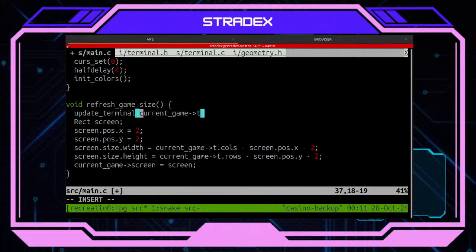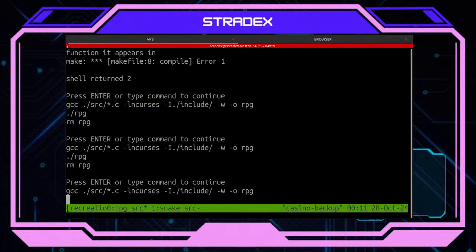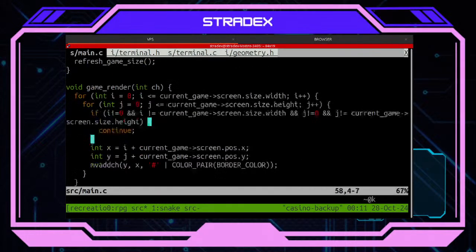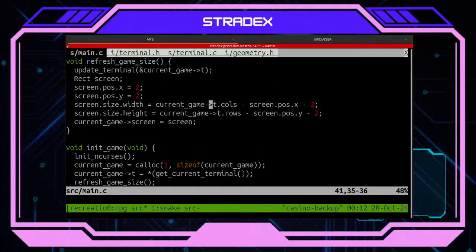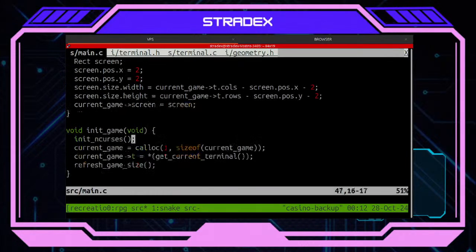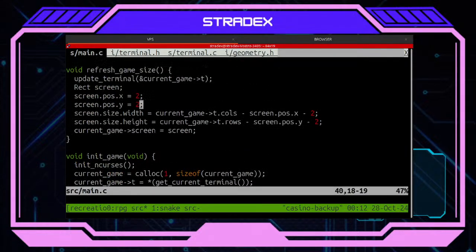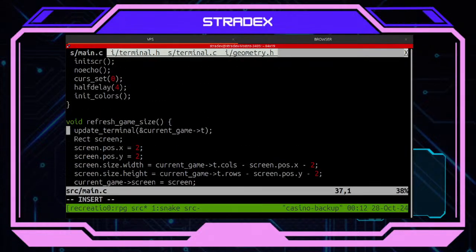I want to do this, probably, I am not totally sure, but yeah, it seems to work. And I wanted to always call this refresh game size, or actually just call it refresh screen size probably. Game, it's okay.